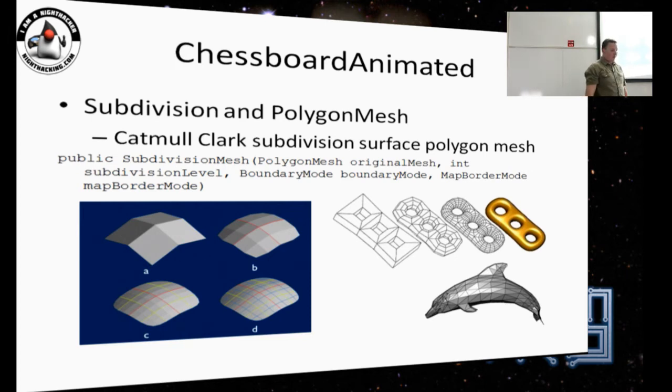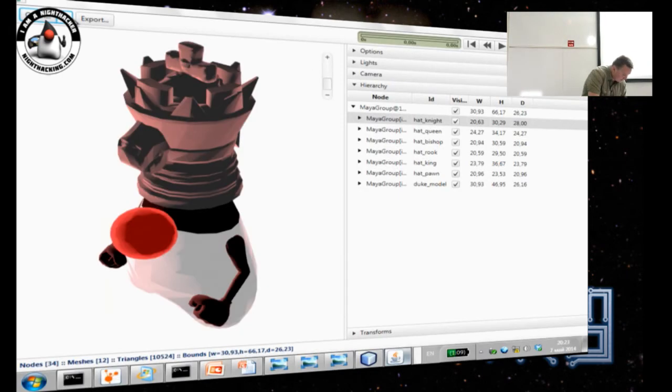So instead of having all faces of a mesh be triangles, it allows them to be any polygons, and then it dynamically converts them into a triangle mesh that JavaFX can render. So let's load our Duke model.